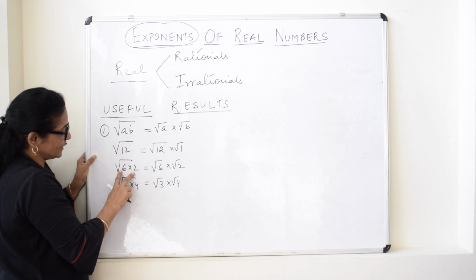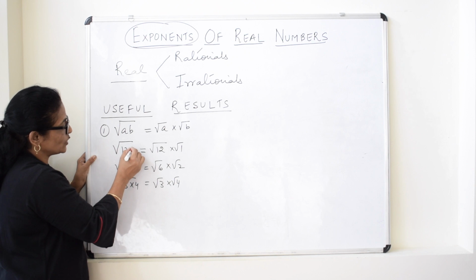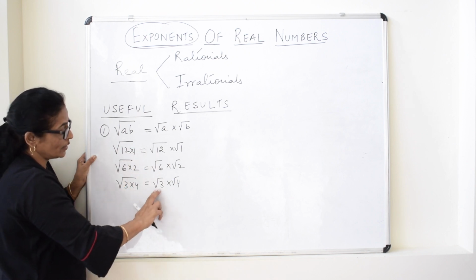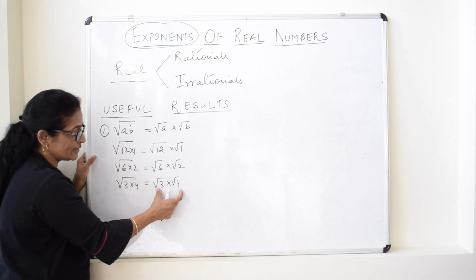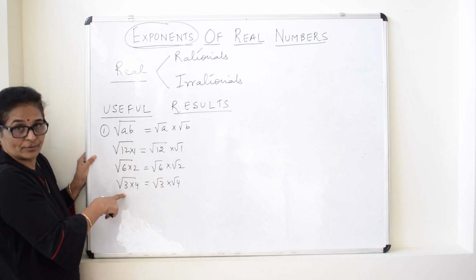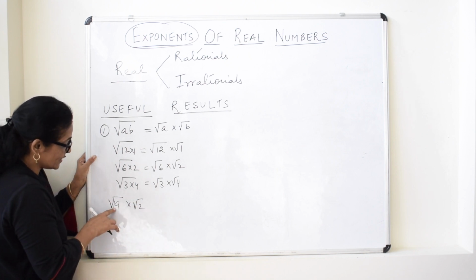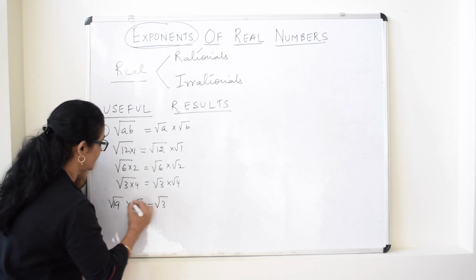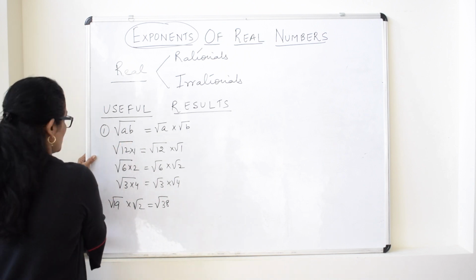Clear? But in this case, this is a, this is b. Here 12 only is written, which is actually 12 into 1. Here this is a, this is b. So under root of a into under root of b. So you can break it. Similarly, if it is given like this, you can combine it also. For example, under root of 19 into under root of 2. This is a, this is b. You can combine it and directly write it as under root of 38, since 19 twos are 38. Clear? So this is the first rule.